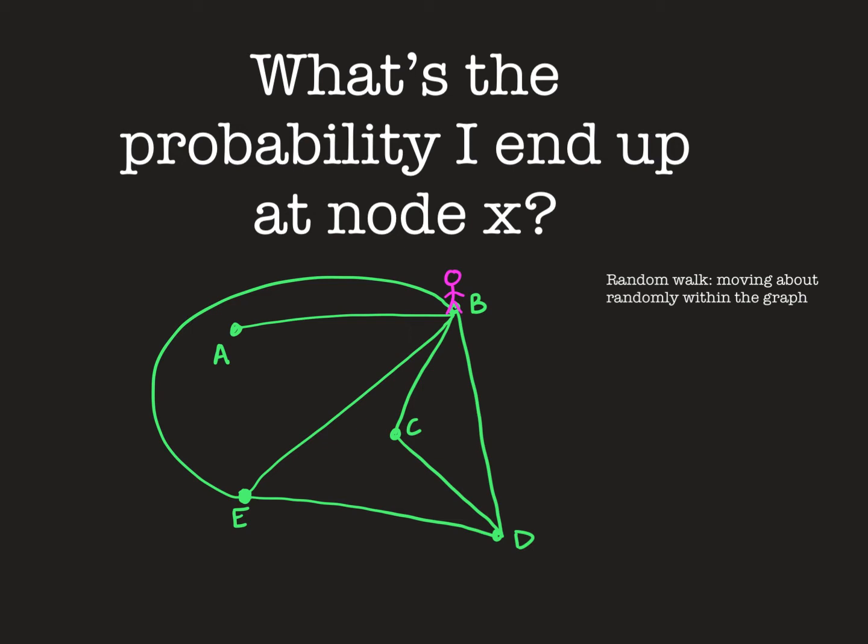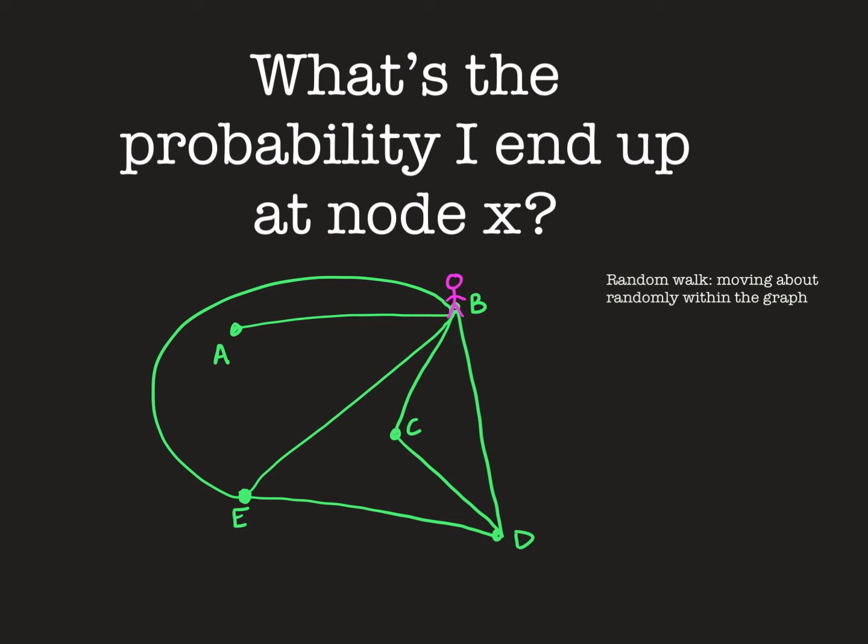In this case, I could start on this path, which would bring me down to E. I could go back to A, certainly. I could go to E this way. I could go to C. I could go to D. I've got a whole bunch of options from here. In fact, I have 1, 2, 3, 4, 5 different paths that I could end up taking. And so the probabilities really are going to be in fifths. So let's start building that